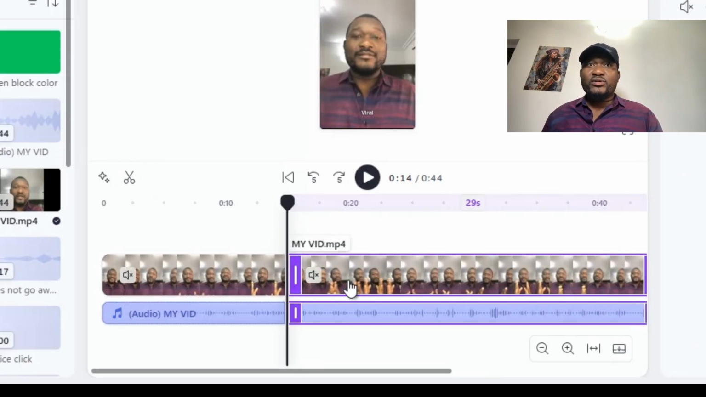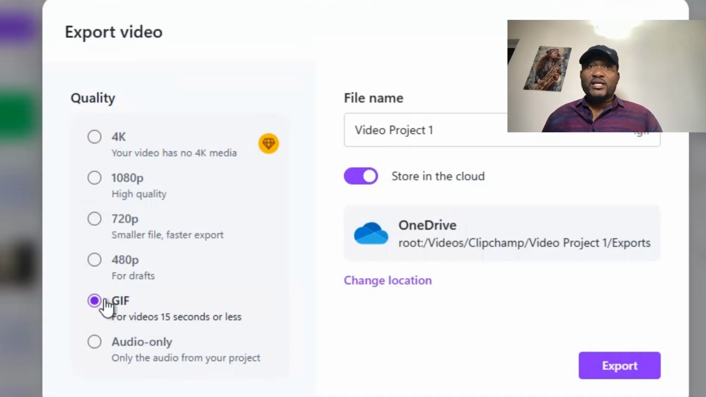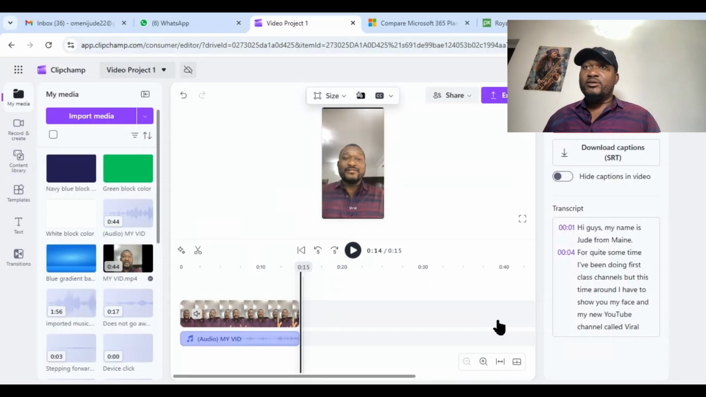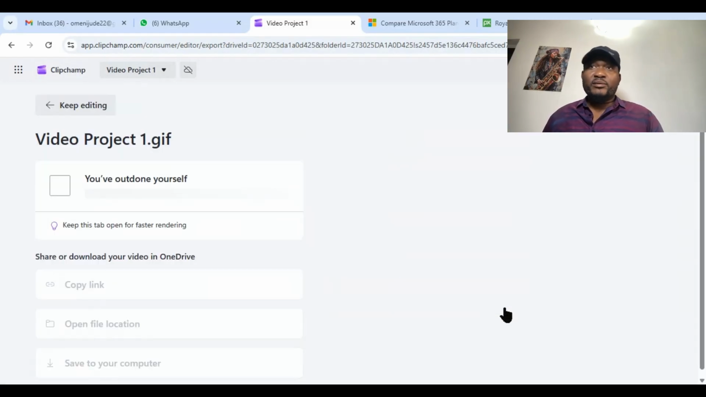You can see there, once you click export, the GIF export button will pop up. So you just select GIF and click on export. You might want to change the file name and